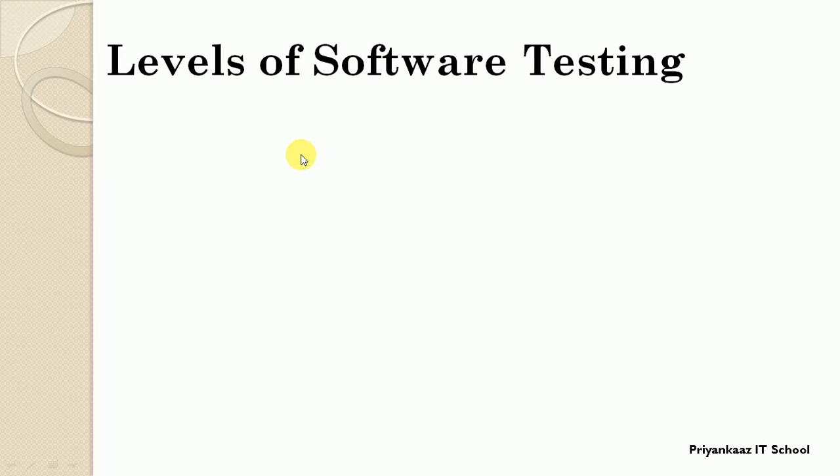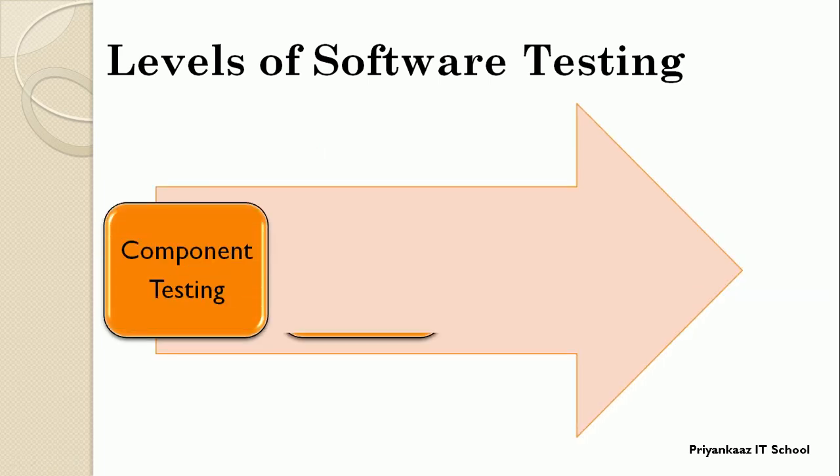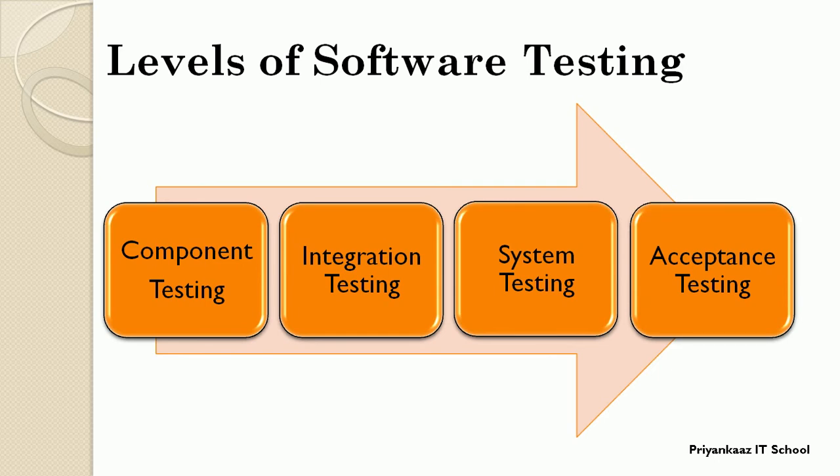Now, let's understand. These are the four different levels we have, right? Component testing, nothing but unit testing, where we simply focus on the functionality of each and every module of the software application. Then integration testing, that is the second level, and we need to focus on it in this tutorial. The third level we have is system testing, and of course the fourth level is nothing but acceptance testing.